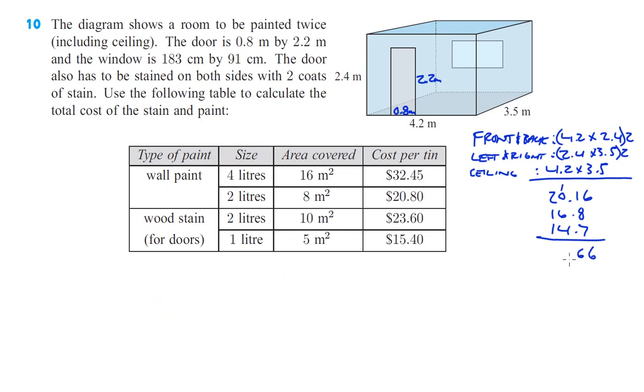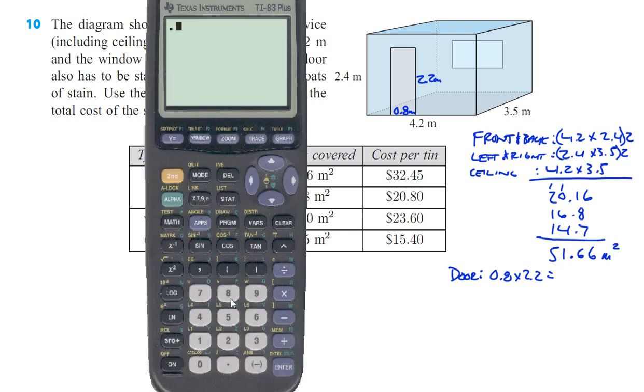That gives us 51.66 square meters, right? But again, we got to take the door off and the window off. So the door is 0.8 times 2.2. Okay, so 0.8 times 2.2 is 1.76